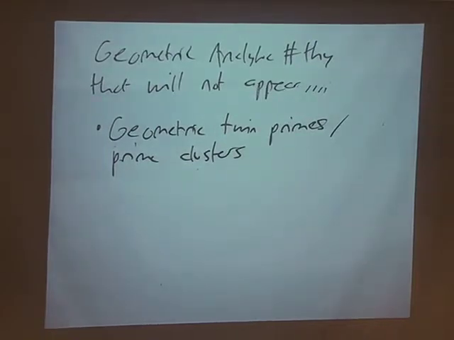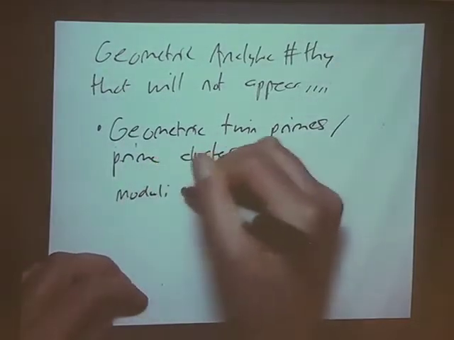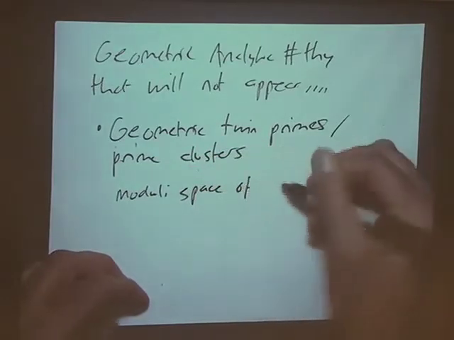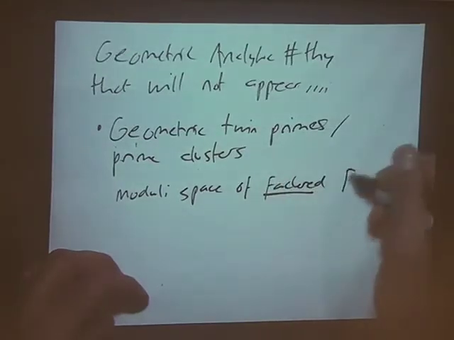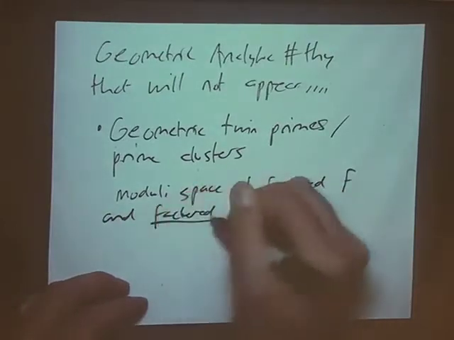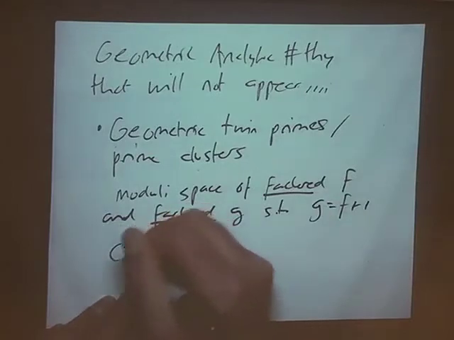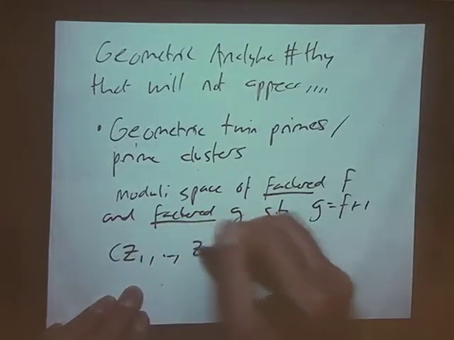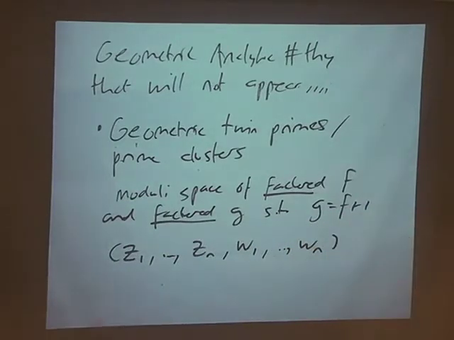And here, the variety would be similar to the one that we discussed for Chowla. It might look something like this. The moduli space of what you might call factored F and factored G, such that G equals F plus 1. More formally, I could say it's the moduli space of two n tuples. So this is just A to n so far, but I'm going to put a condition. I'm going to cut down a rather high codimension subvariety of this space,